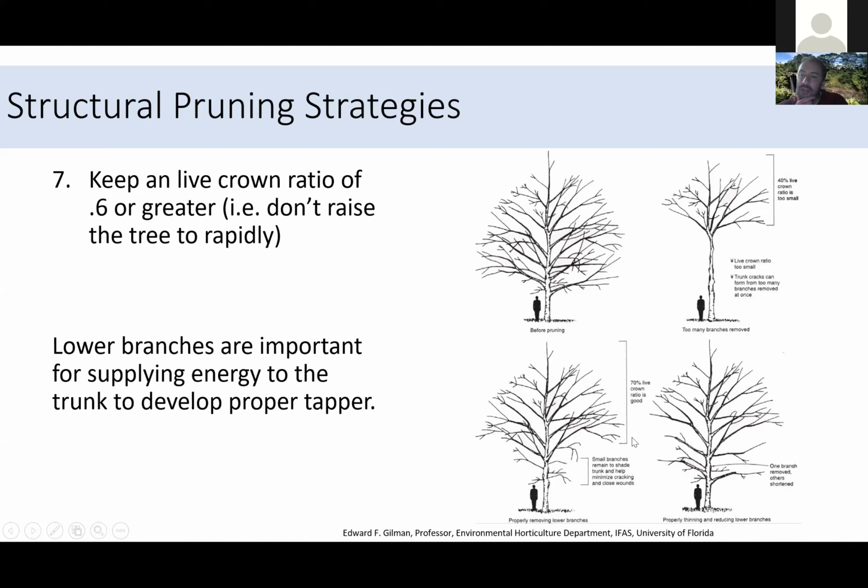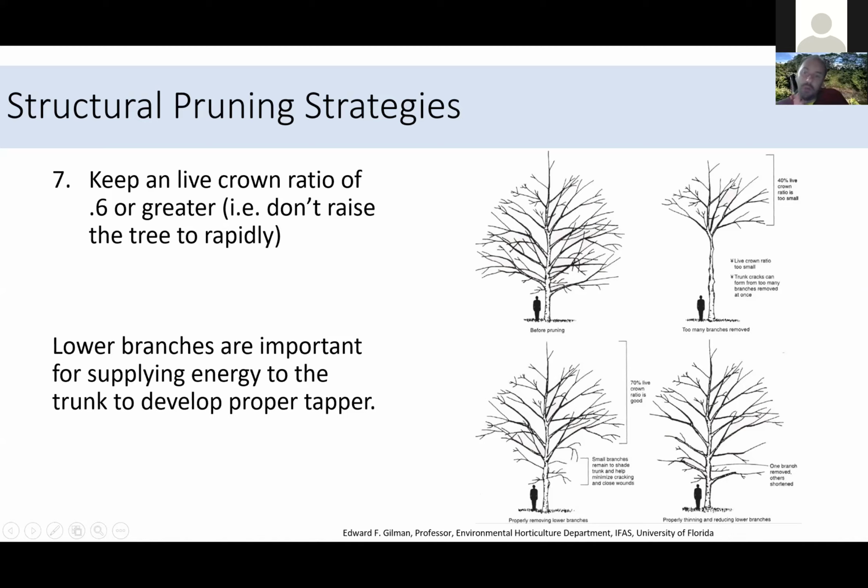The reason you might choose one or the other has to primarily do with the diameter of the branches. In the case where they were removed, maybe those branches were still smaller than 2 to 4 inches in diameter, and so they were safe to remove, so we took them off. In this case, maybe these branches are already 8, 10, 12 inches in diameter, in which case removing them is very dangerous, so maybe we just shorten them instead to get them out of the way of sidewalks and streets, but we don't remove them all the way. So you kind of have to make a judgment call there.